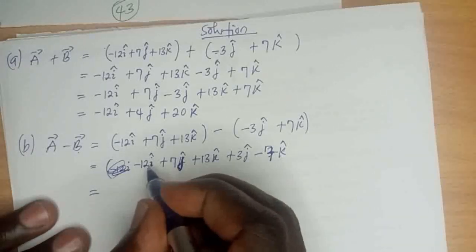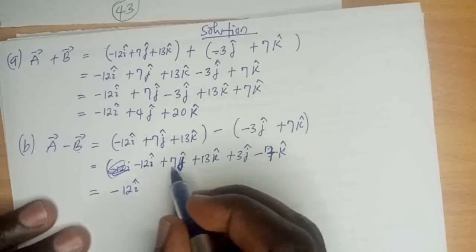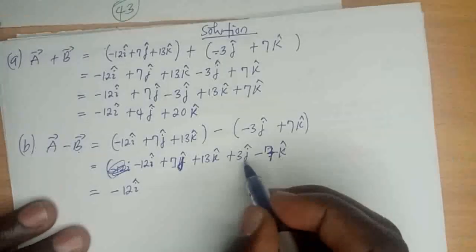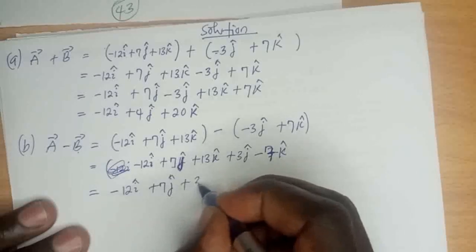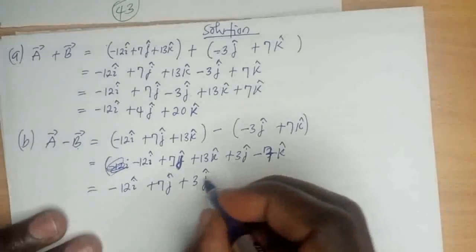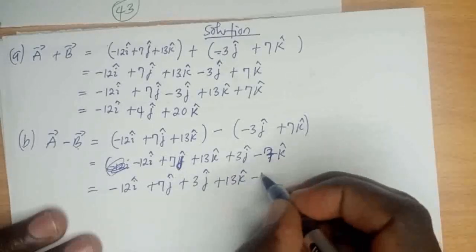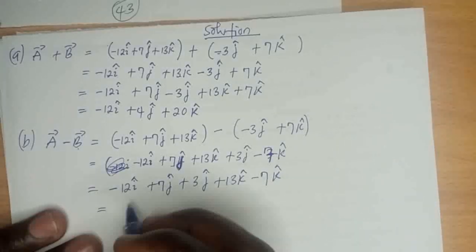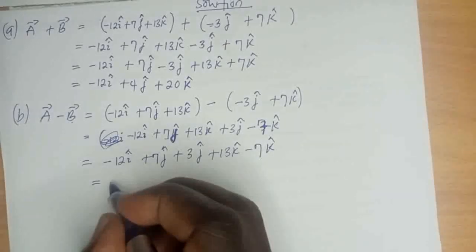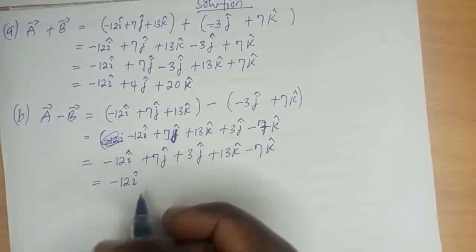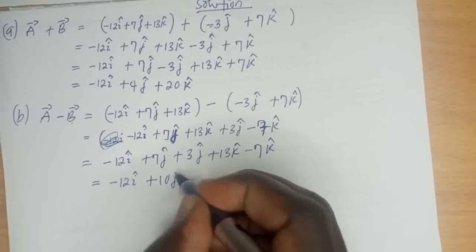I have only one term in i cap, so I have minus 12 i cap, and then I have plus 7 j cap plus 3 j cap. And then finally the k cap, I have plus 13 k cap minus 7 k cap. This is equal to, remember we have only one term in i cap, so it will remain unchanged: minus 12 i cap, then 7 plus 3 will give me 10, so I have plus 10 j cap, and